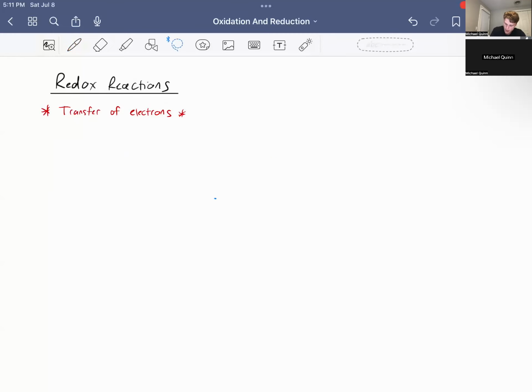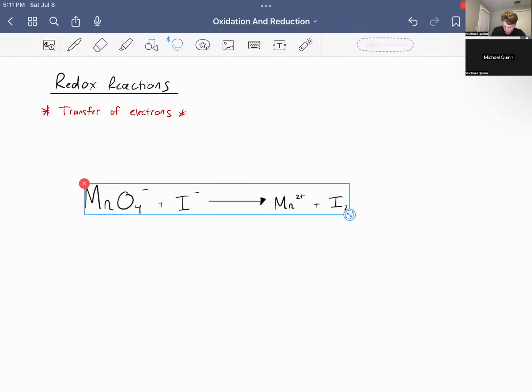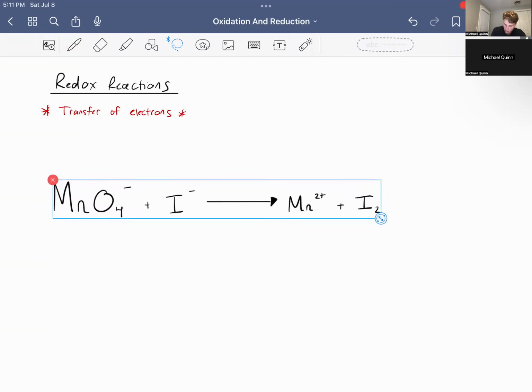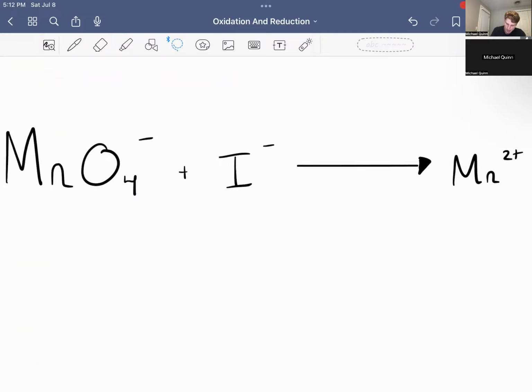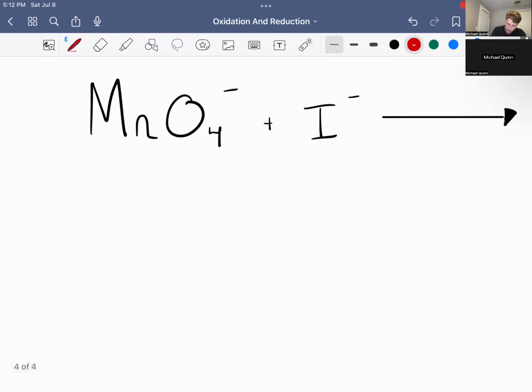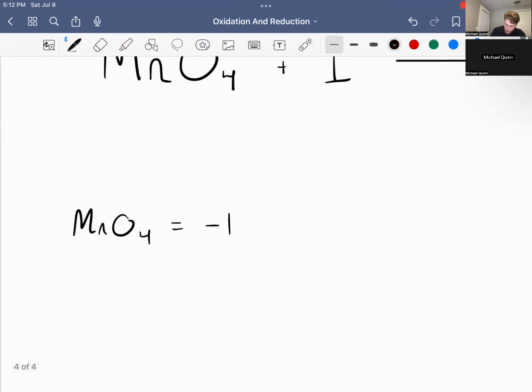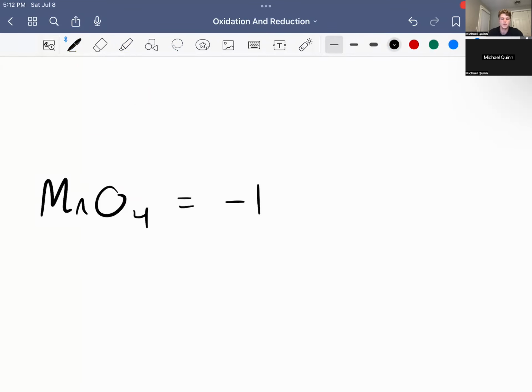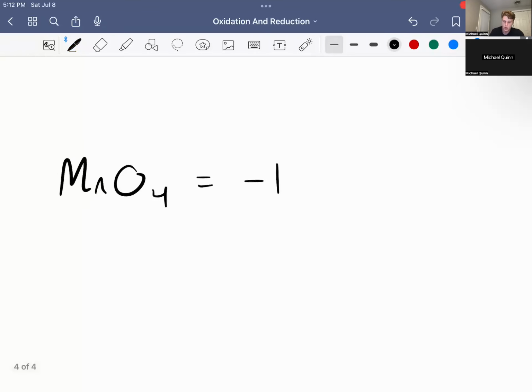So, if we are met with a redox reaction like this one, the first thing we should do to see our transfer of electrons is decide the oxidation state for each one of these atoms. So, looking at MnO4 minus, to solve for the oxidation state, we should do MnO4 equals -1, the overall charge. So we do not have a rule for Mn, but we do have a rule for oxygen. We know